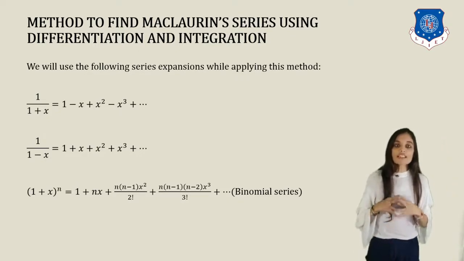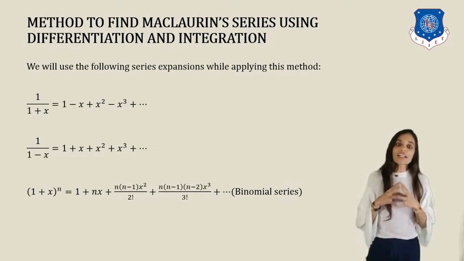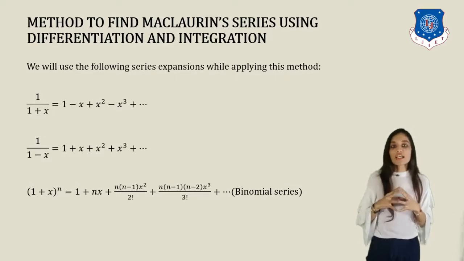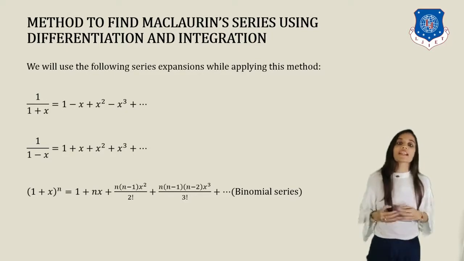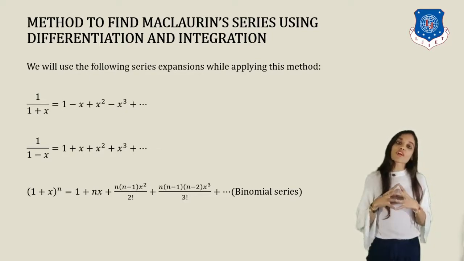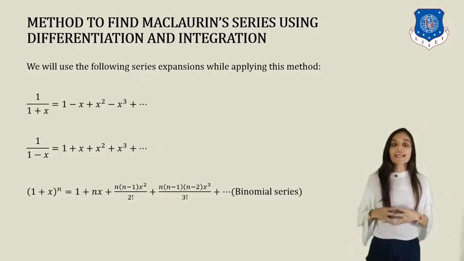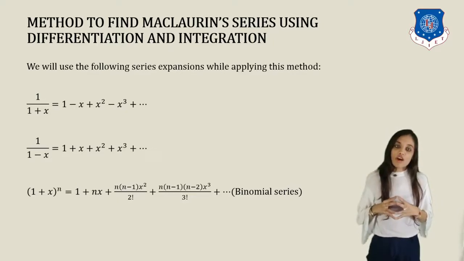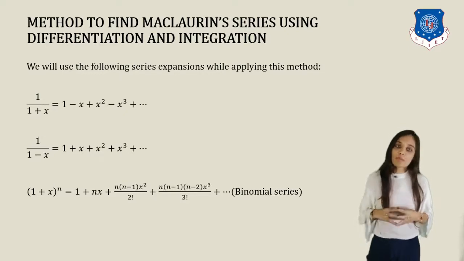Basically in this, firstly we will write our function f of x, then find only its first derivative, that is f dash of x. This is a much simpler method than finding the Maclaurin series by finding many derivatives. So firstly you have to find only one derivative, then use any of the three formulas, and then integrate on both the sides and you will get our required Maclaurin series. Of course you can apply this method to series expansions like sin inverse, cos inverse, tan inverse, 1 upon 1 plus x, 1 minus x, log 1 plus x, etc.